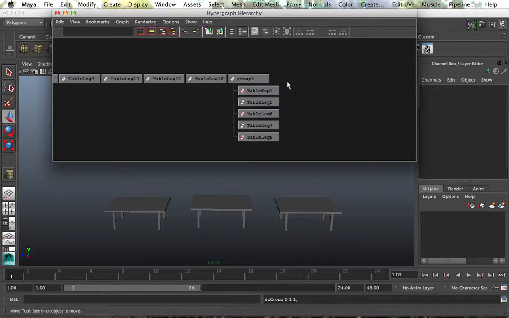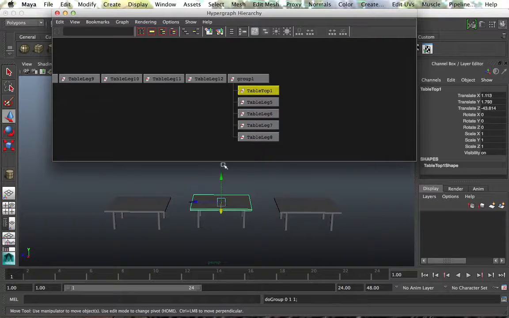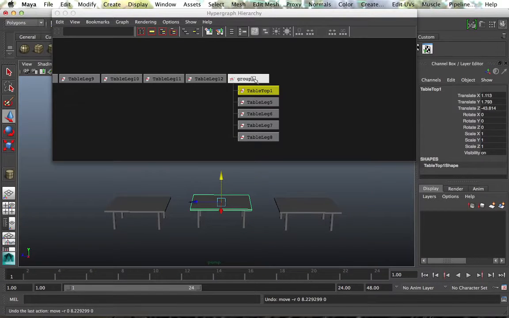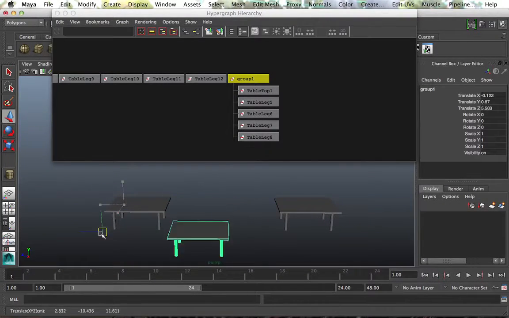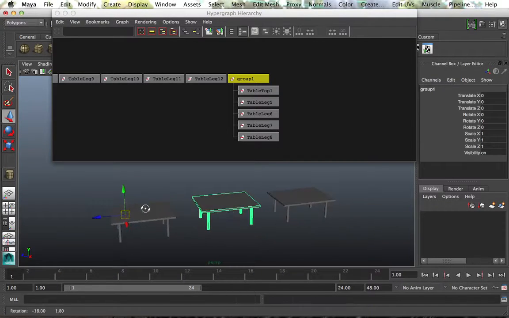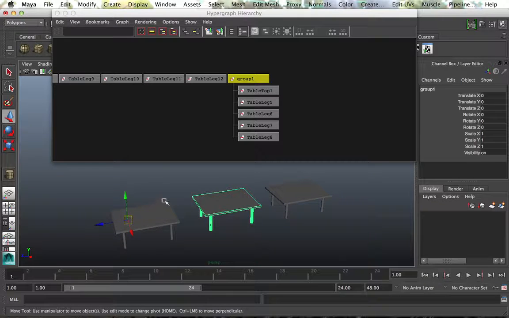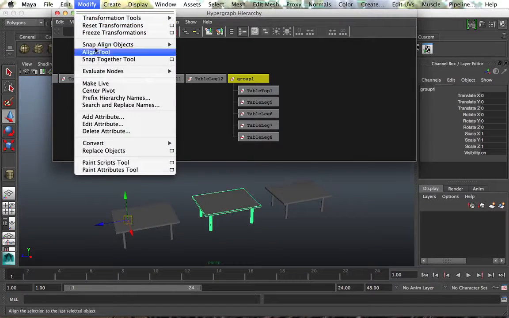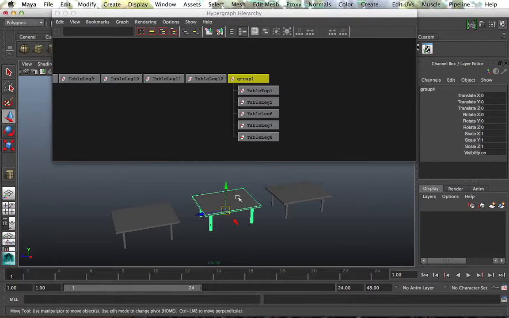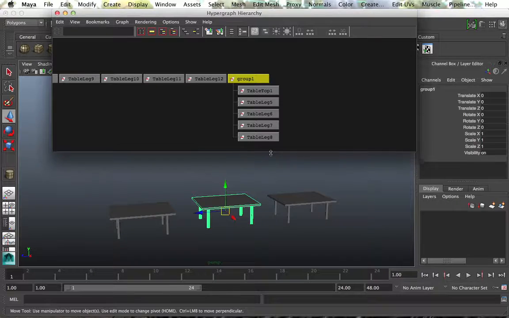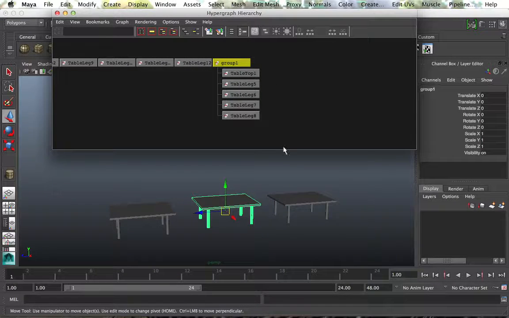in a folder. I can still individually select them, move them around if I need to, but if I select the group node, it moves as a group. Now, if you notice when that's happened, the center point or the pivot point for the object has moved. To get it back to where it was, what you need to do is select the group node and then go modify center pivot, so it centers it back in the middle of the object. Occasionally it does happen, it's not a big deal, but you need to be aware of how to adjust it